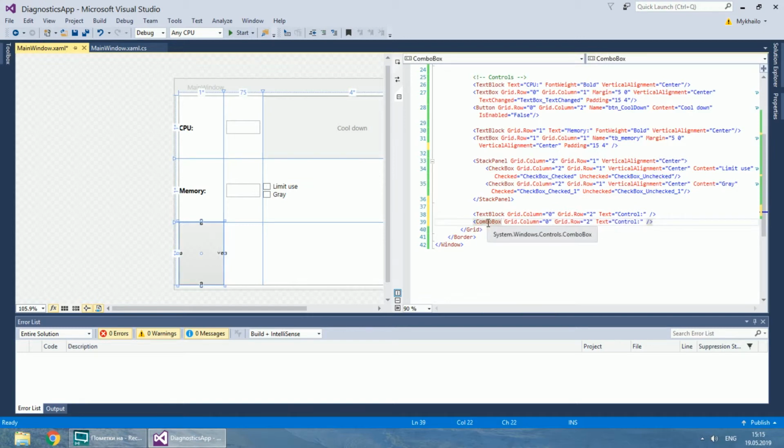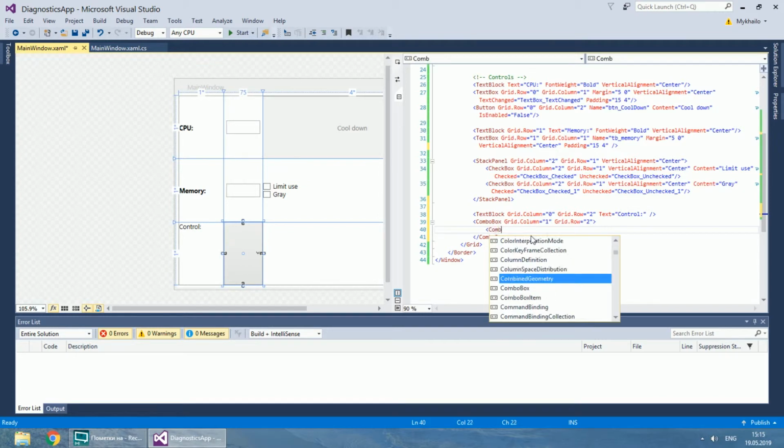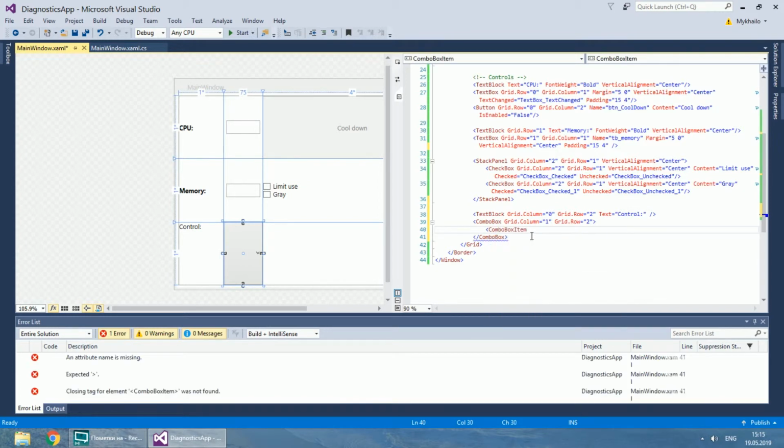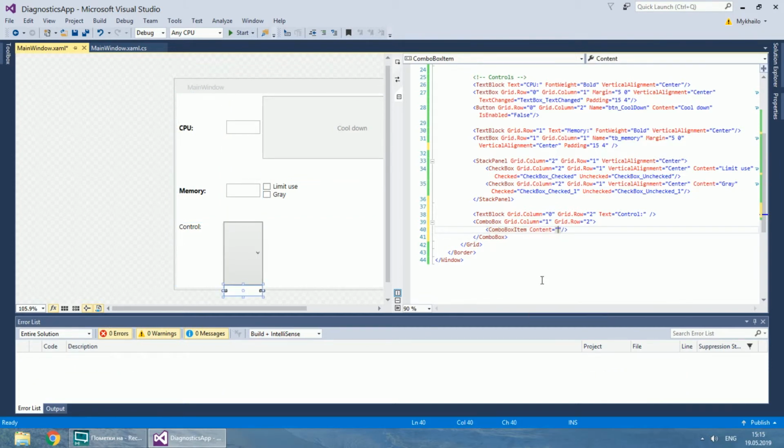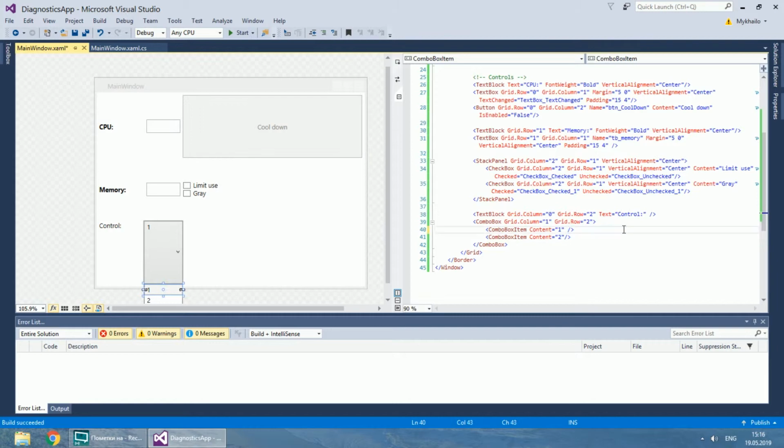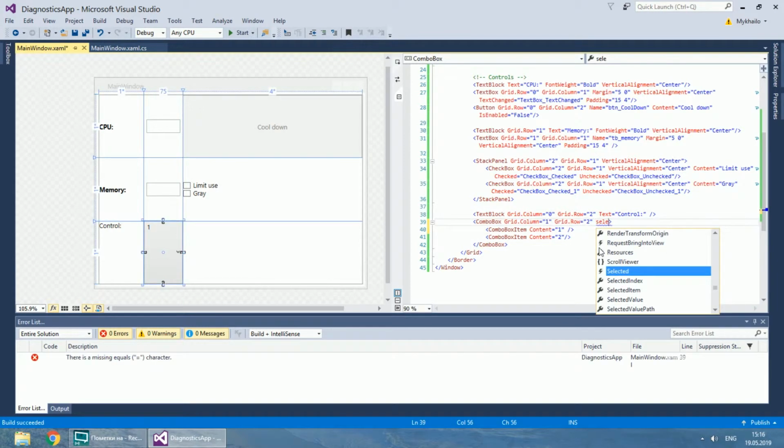Next, let's look at Combo Box, which allows choosing from multiple items. It is filled by Combo Box items. You can preview them when your cursor is on one of them. To make any item selected, you have two ways: change the attribute is selected of a combo box item, or set selected index of a combo box.